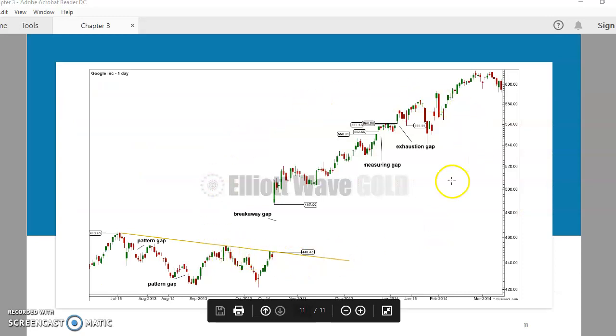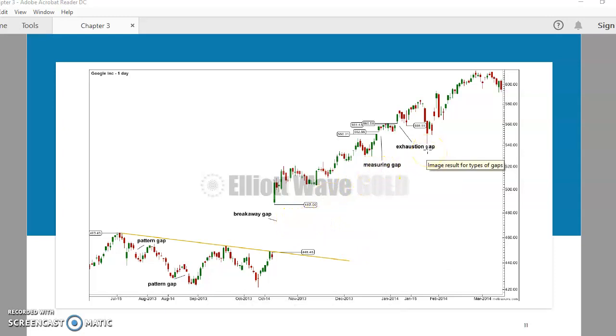Okay, so in this full example of gaps, we have a breakaway gap, measuring gap, and exhaustion gap. Okay, so any questions regarding gaps, you can